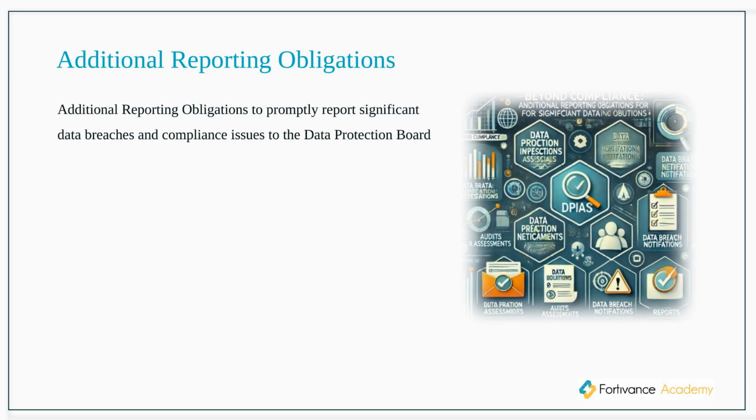Under the DPDP Act, organizations, especially those classified as significant data fiduciaries, have specific responsibilities when it comes to reporting incidents. One of the most critical obligations is to report any significant data breaches promptly to the Data Protection Board. What does this mean in practice? If an organization becomes aware of a data breach, say, unauthorized access to personal data, they must notify the Data Protection Board within a specified time frame. This ensures that regulatory authorities can take necessary actions to mitigate any potential harm and protect the rights of affected